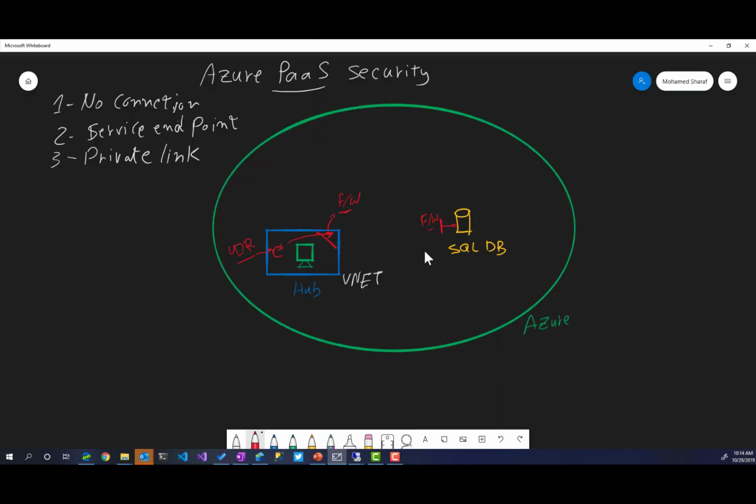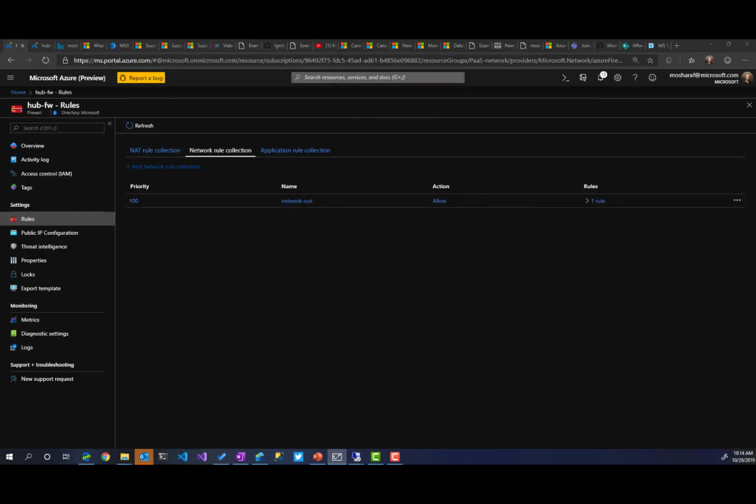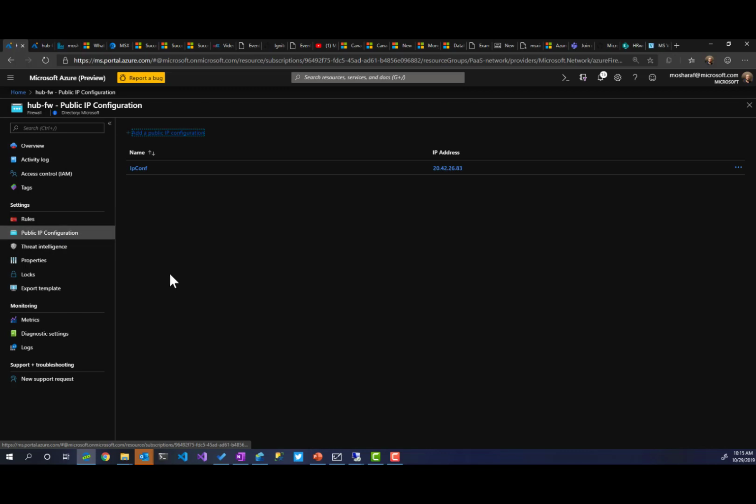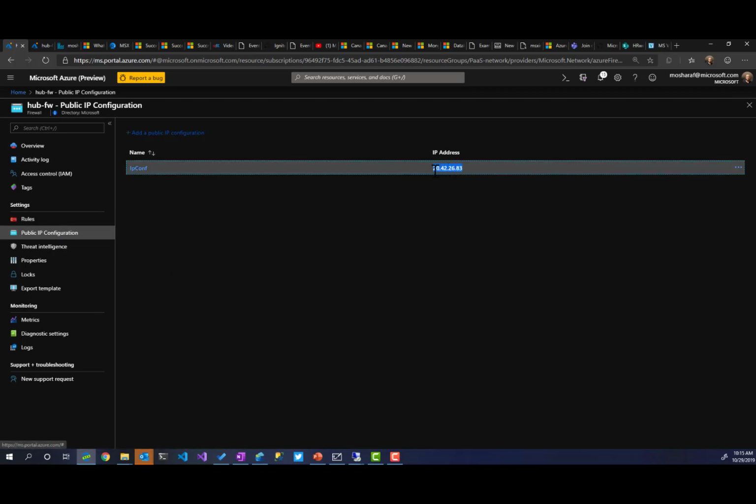Oh, one last thing. Now, in the Azure SQL DB, what do you need to do in the firewall? In this case, you need to allow the IP, not of the VNet that we used last time, but of the firewall. The firewall itself has a public IP. So let's test this and we'll see. This is our firewall. It has a private IP, which is this one, we used it already, and public IP configurations. This is the public IP. Let's take this one